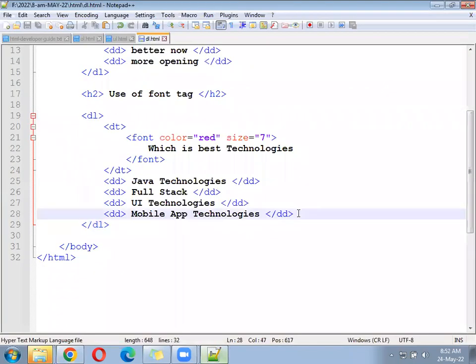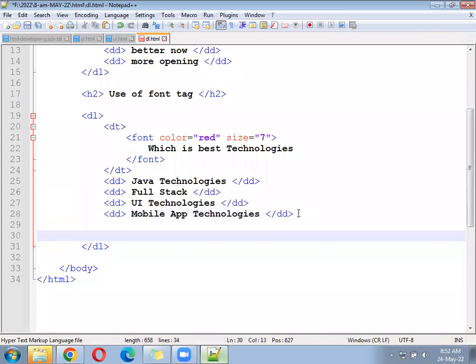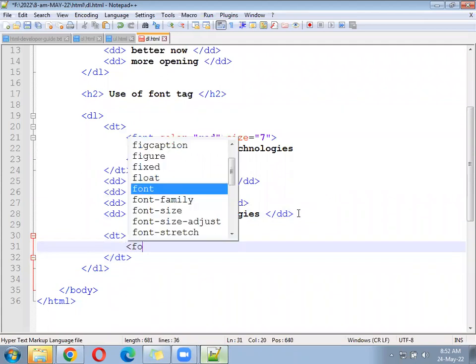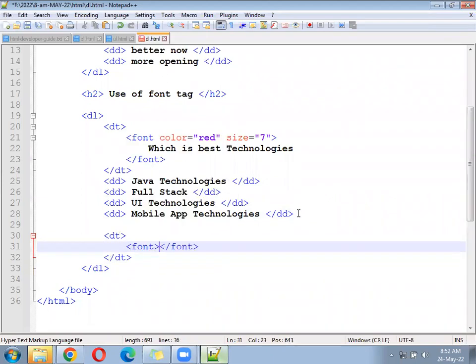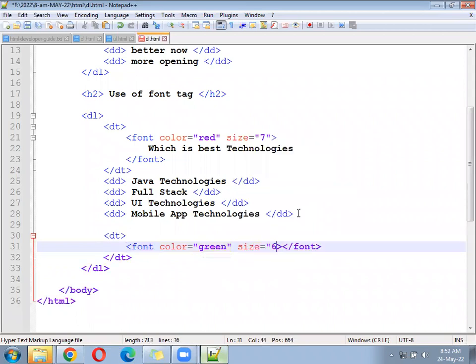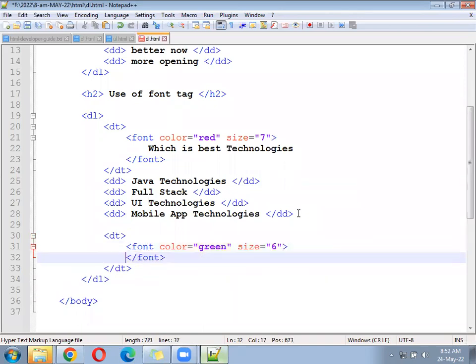Come down below. Add one more DT, definition title. Inside, use a font tag again. Keep color equal to green and size equal to 6. Okay. Next, in that,